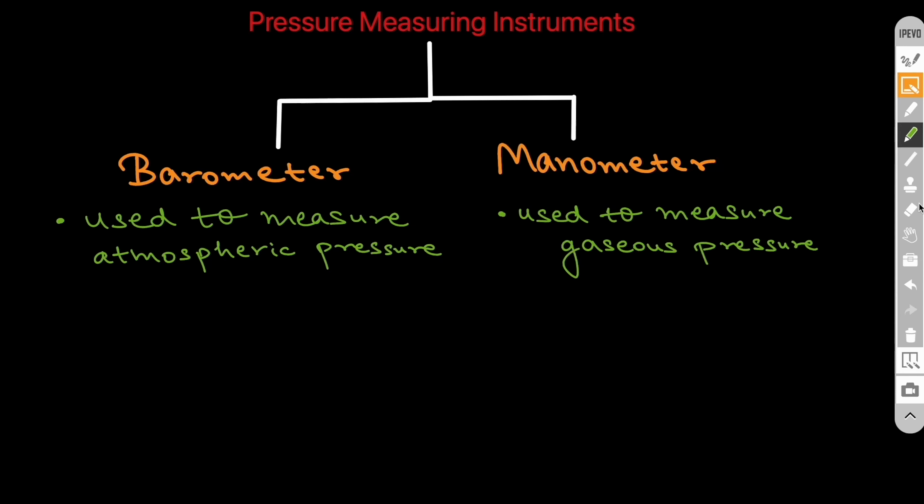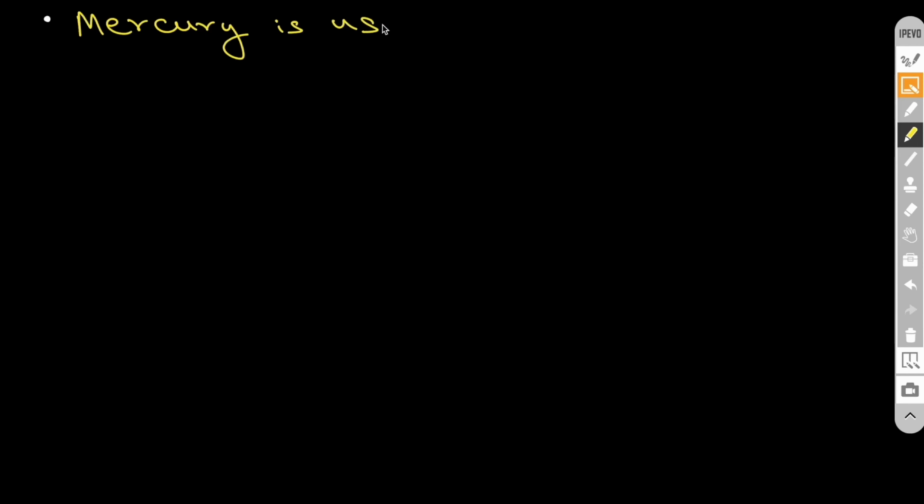Now moving further, we'll write two important points. The first one is mercury is used in these instruments to measure pressure. Basically in both barometer as well as the manometer, mercury is used to measure pressure. Basically it's used as the working liquid in these two instruments,